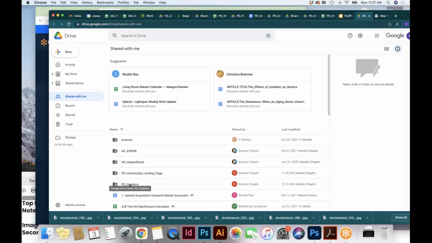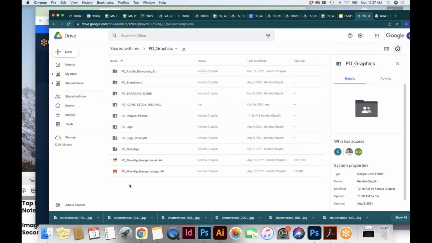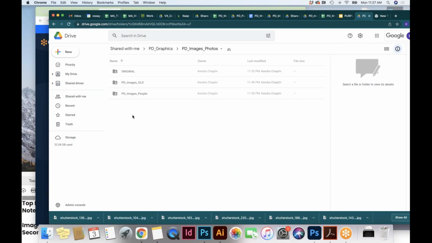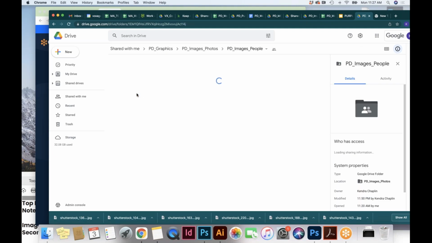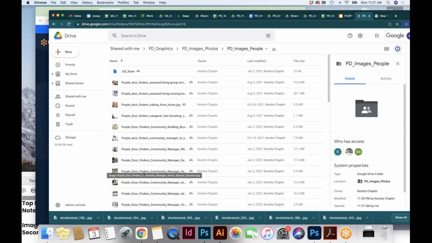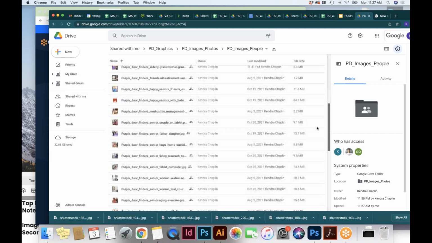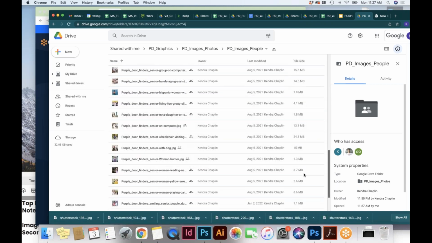So it's under this PD graphics folder that was shared with you. PD images and photos. Okay, and then images people. Okay, I see it. Yeah, I got it.